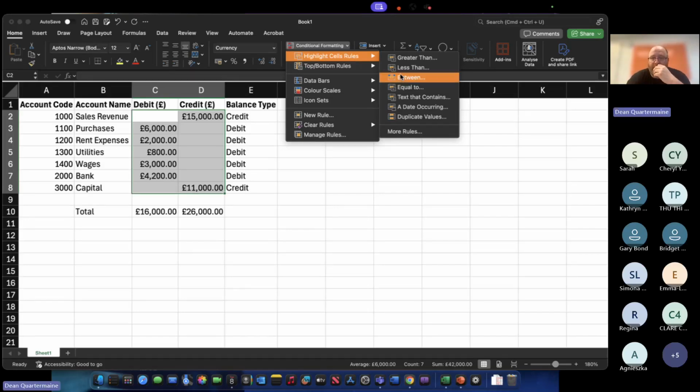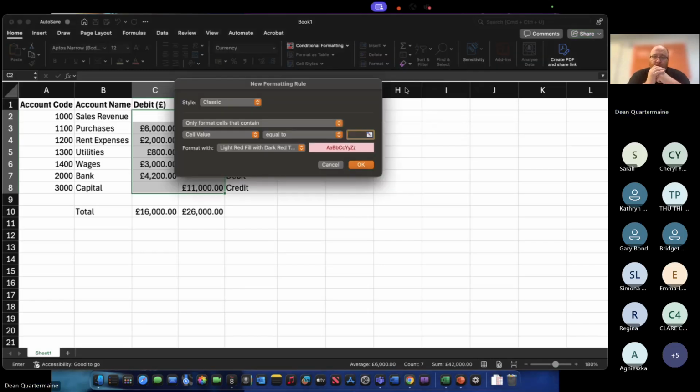And we're going to do it where it's equal to a value. So we're going to highlight all cell rules where the value is equal to a value. So this brings up another window that you can see here, which says we want to only format cells that contain a given value. Now, our given value is just going to be